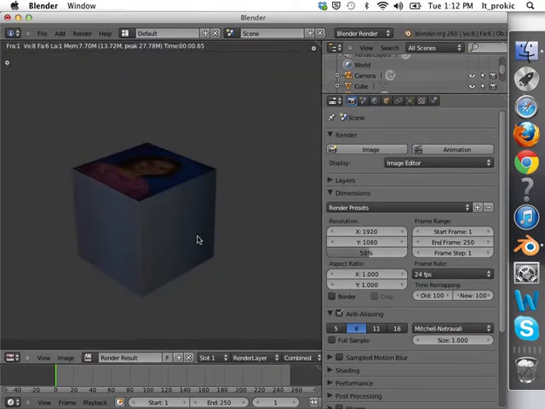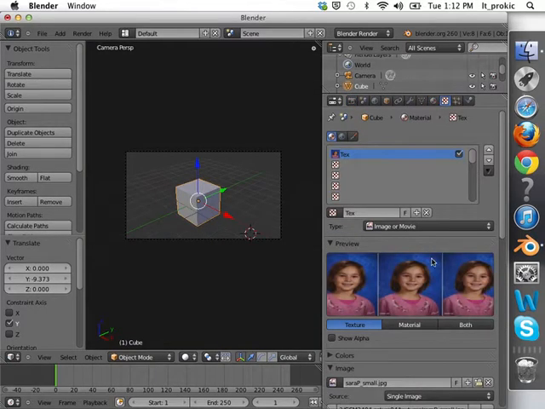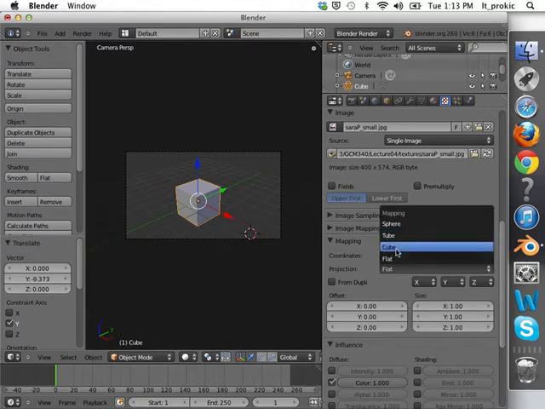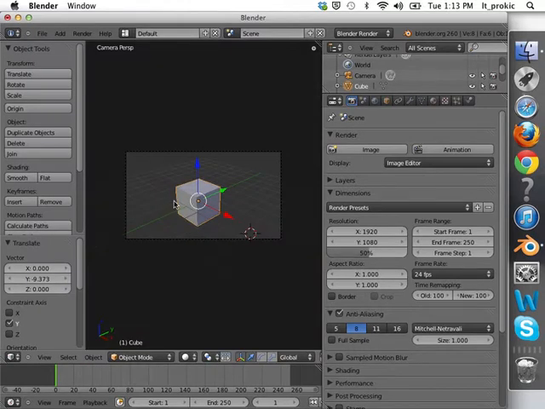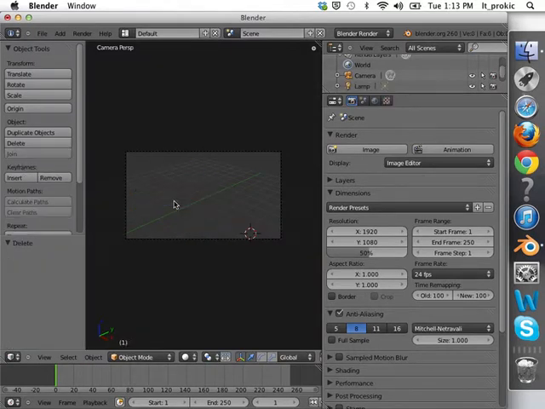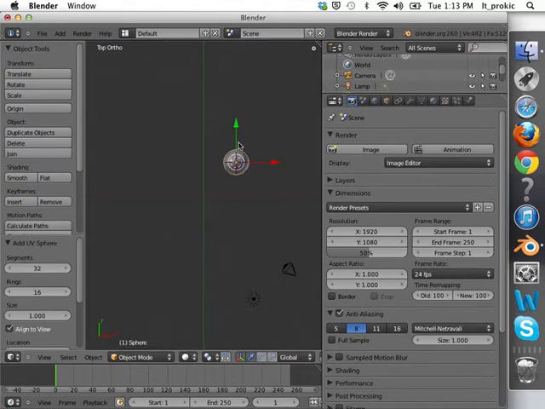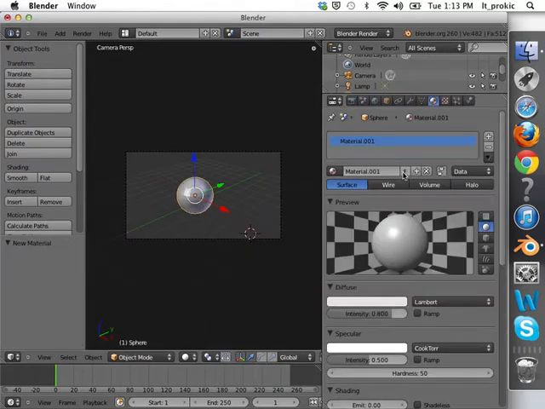All right, so if I select my box, come back to material and the textures, what I will notice if I scroll down is that map projection is flat, but it can be cube too. So if it's a cube, then it will apply that image to the cube. All right. I can also have different kinds of objects and shapes. So if I had, for example, a sphere, then I guess the appropriate image for map for that would be